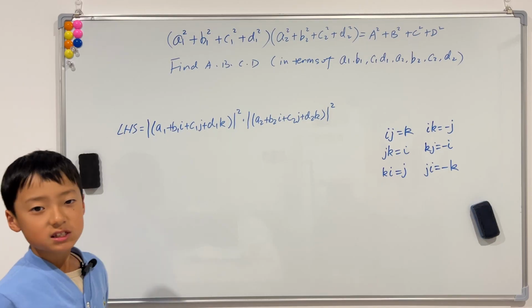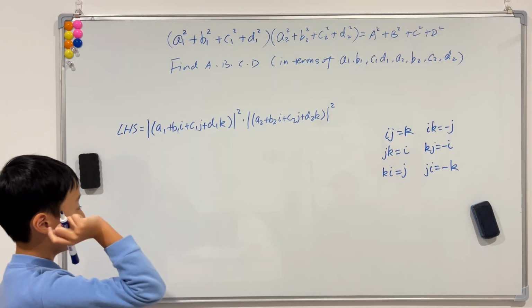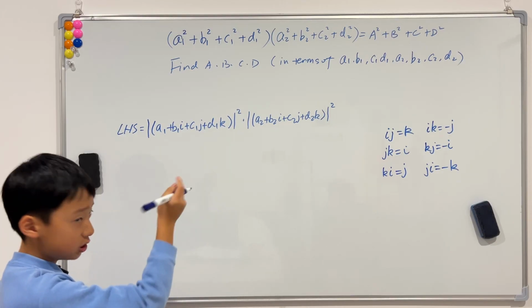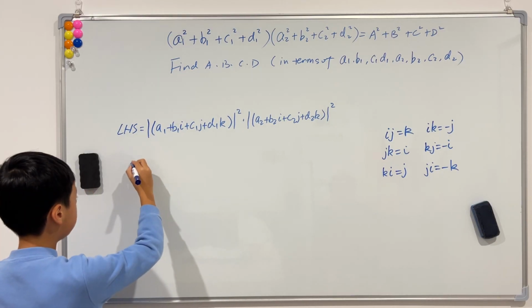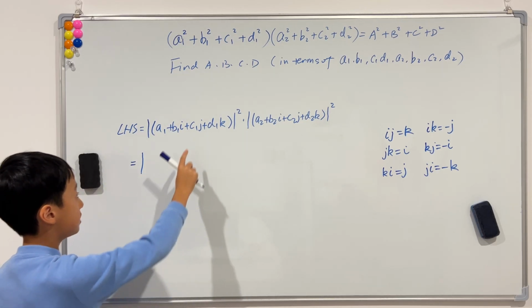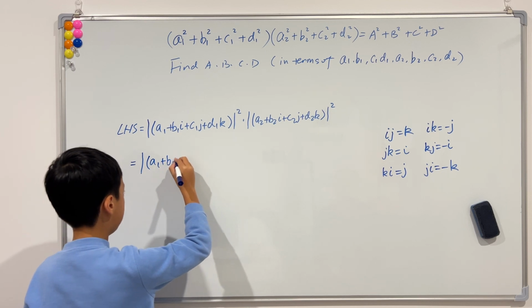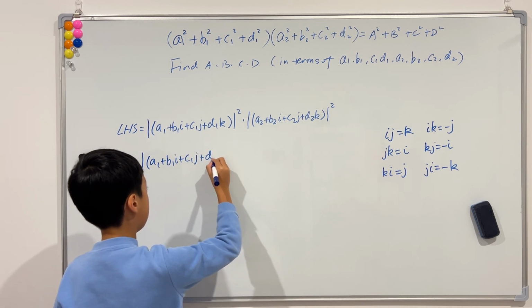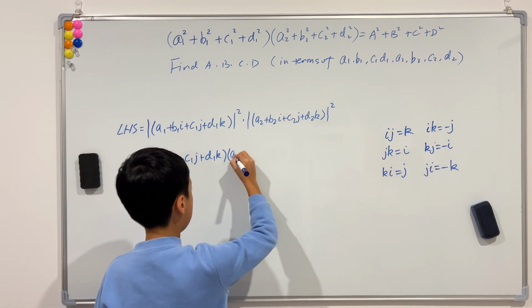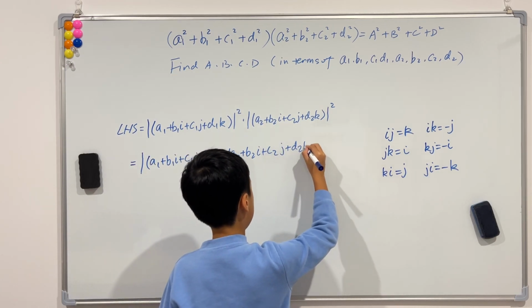And likewise to the last example, the product of 2 modulus squared is equal to, inside one big modulus, the product of these 2. So it will be A1 plus B1I plus C1J plus D1K times A2 plus B2I plus C2J plus D2K, then